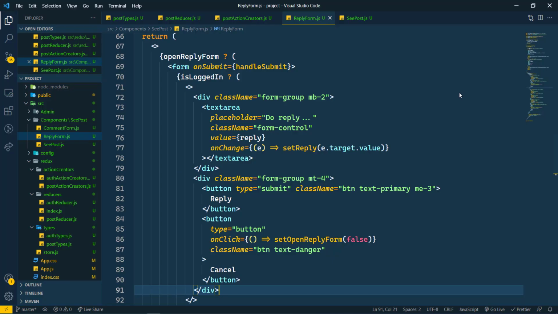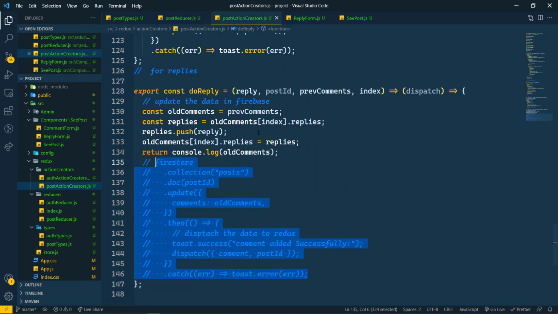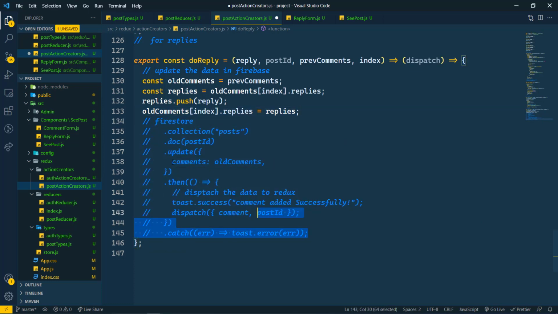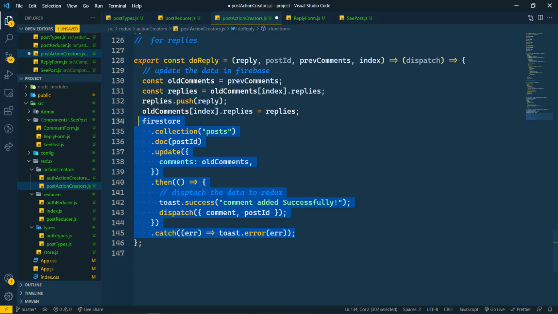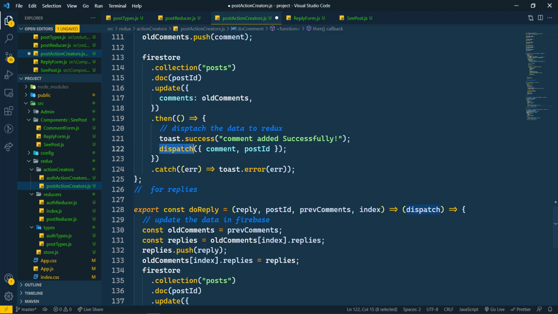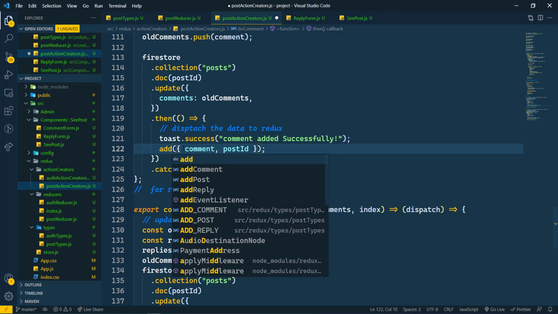So now we can move it more further. So let's apply the logic. Now just the small work is pending. So we just have to remove this and come here. Here we are getting the post ID, and then in the comments, we are just adding the comments here. Now in the dispatch, we are dispatching this comment, but instead of this dispatch,